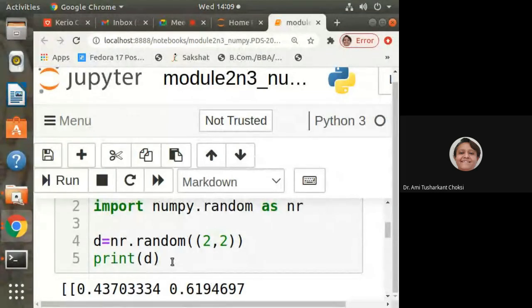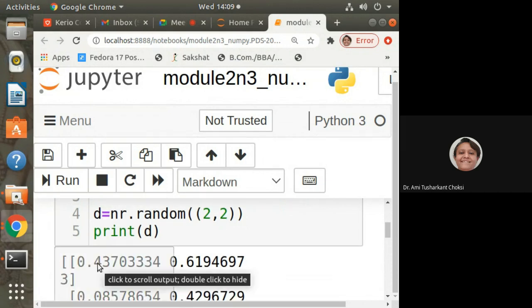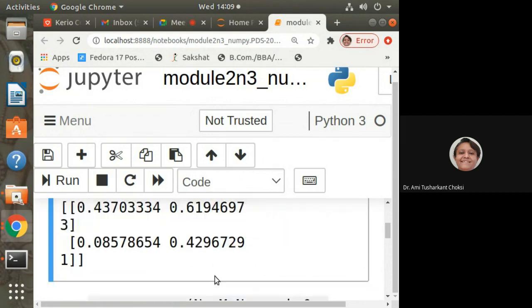If you use numpy.random as nr, then I just need nr.random. Got the point? It's simple, but you should know it. So we can see that the random number is being assigned here. Shape we have already provided.